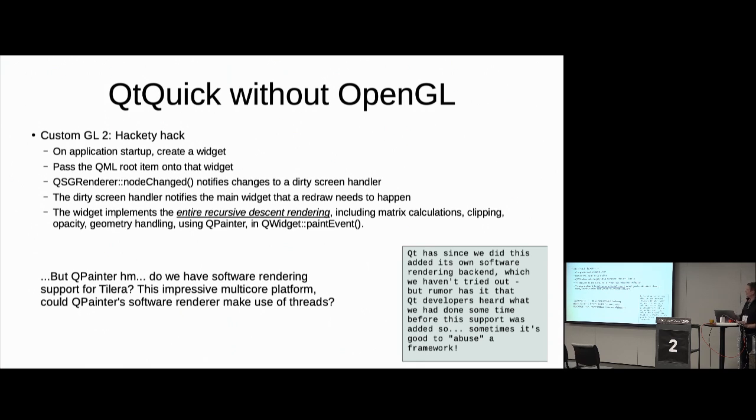So what we did is that we created a custom subclass of QWidget which took a pointer to the root node of our QML scene graph and used that to access the render node internally, and then the paint event in the widget would do a recursive descent drawing of the entire scene graph using our rendering code instead of OpenGL. We used QPainter, which is the most stable software-centric painting interface in Qt. So we pretty much made a software painter for QML, which bypasses the entire rendering loop of Qt declarative, of QML, QtQuick.